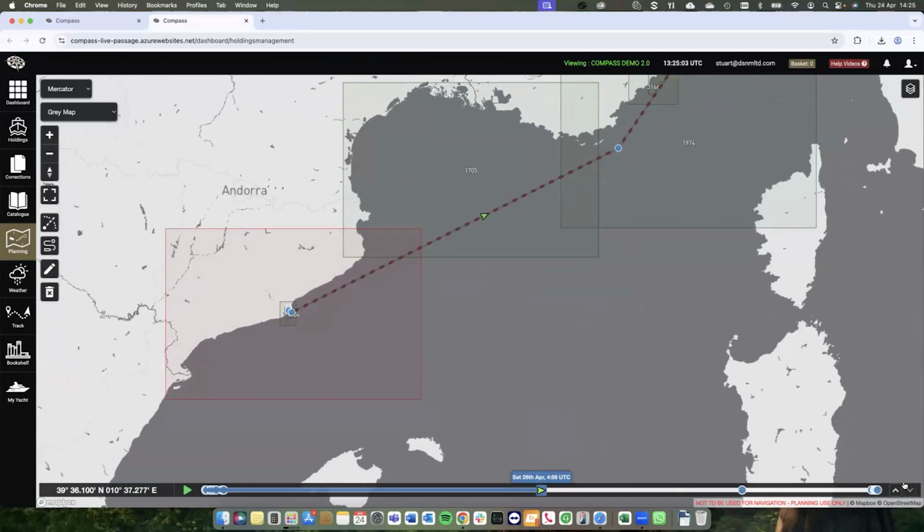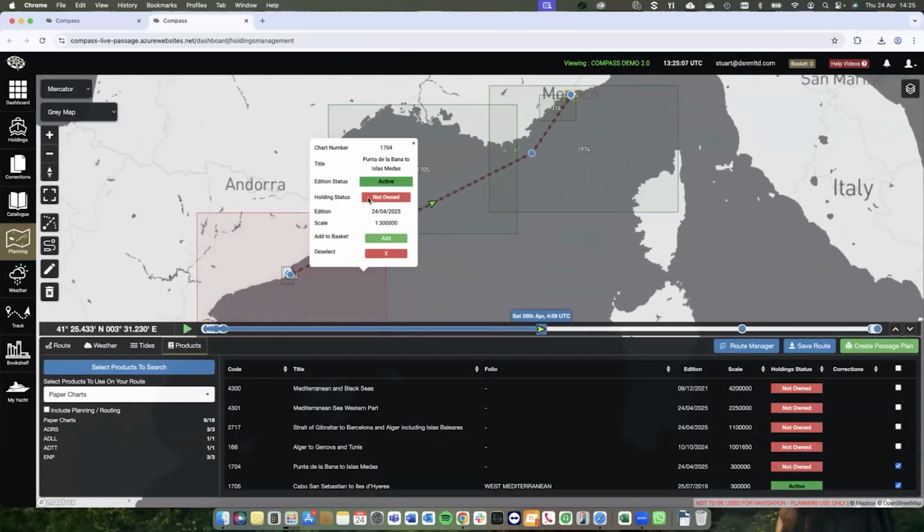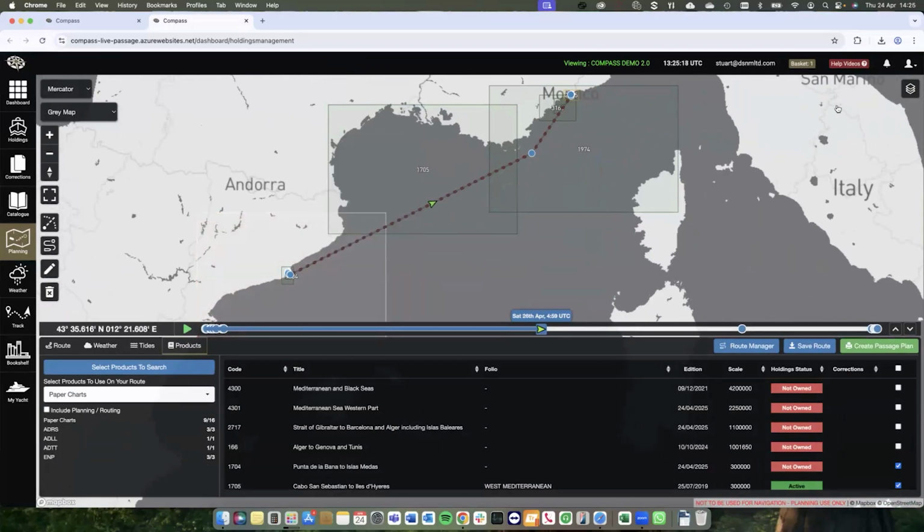And from our final selection, we can see there's just one that's not on board. So you can see this not owned chart 1704 for this particular selection. Now, from there, we can do a couple of things. We can add it to our basket, and ultimately that's going to allow us to request it from your DSNM